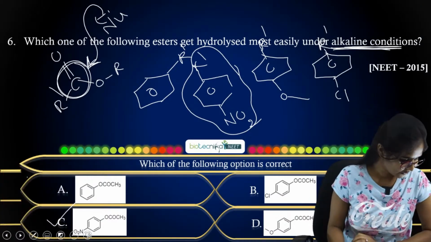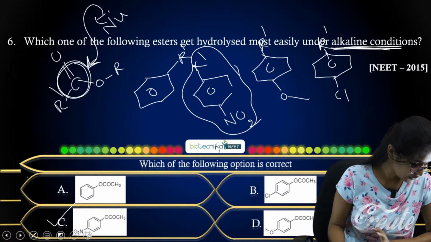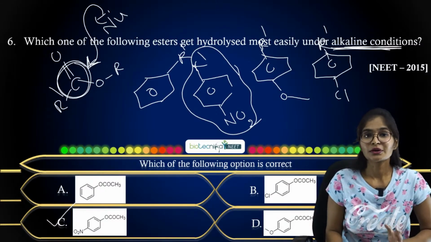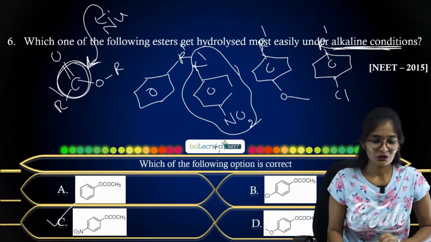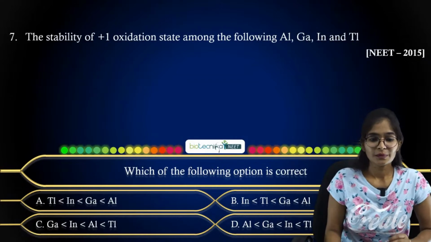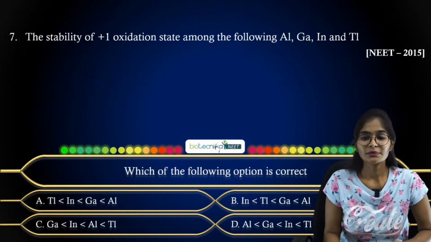Yeah, Detek. So you have answered me as NO2 is more reactive than Cl. Yes, obviously, always the NO2 group is more reactive than the remaining halogens also. Okay, now coming to the next question, the stability of +1 oxidation state among aluminum, gallium,